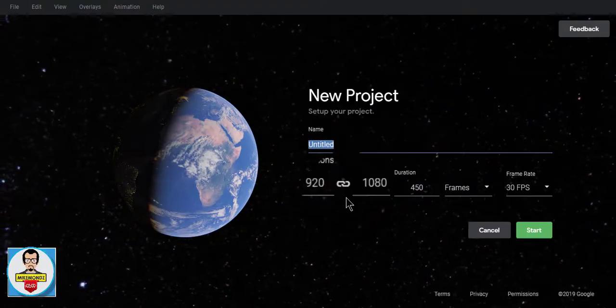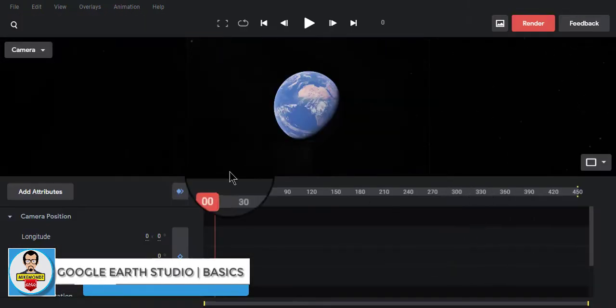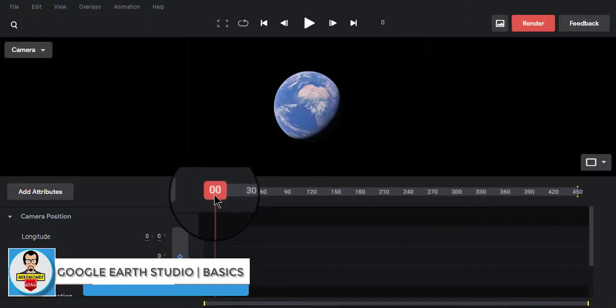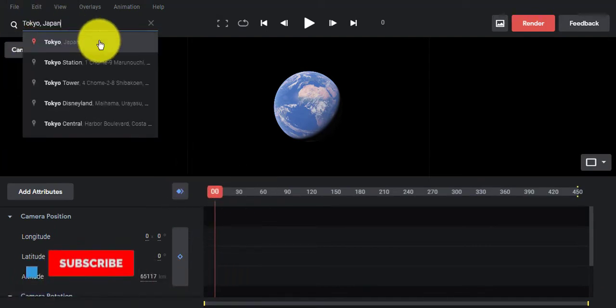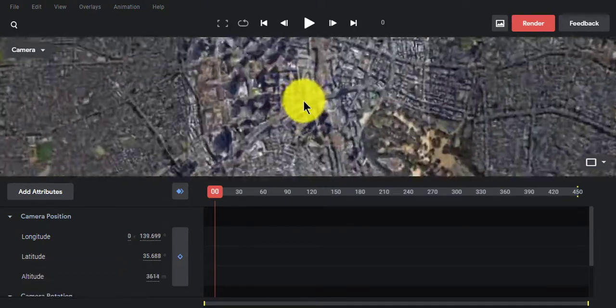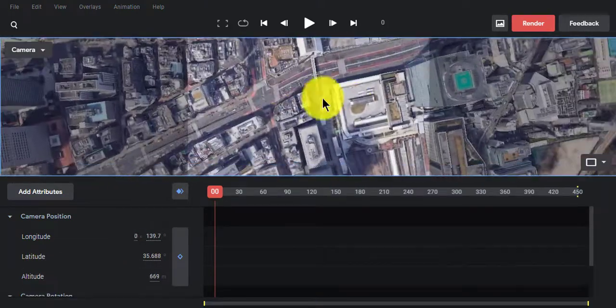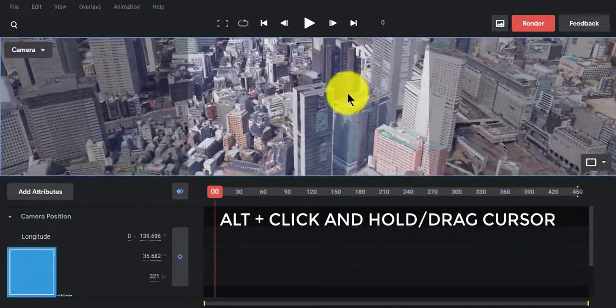Create a blank project, type the name of your project, and click the start button. In the search bar, type the location or the address you want, for example, Tokyo. Zoom in, select the view you want, press Alt K on your keyboard, and click and hold your mouse to